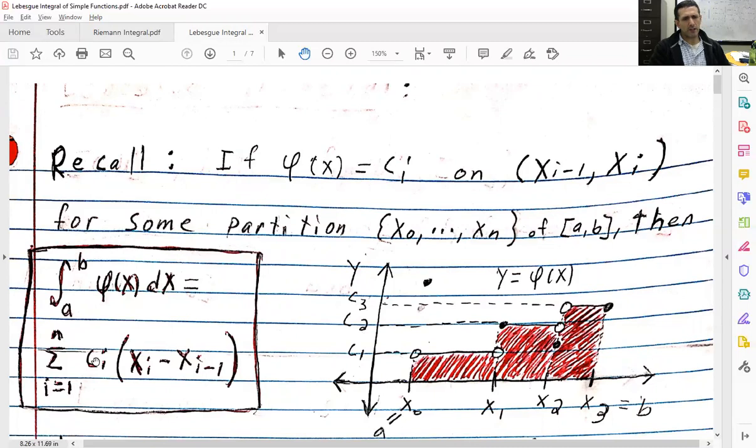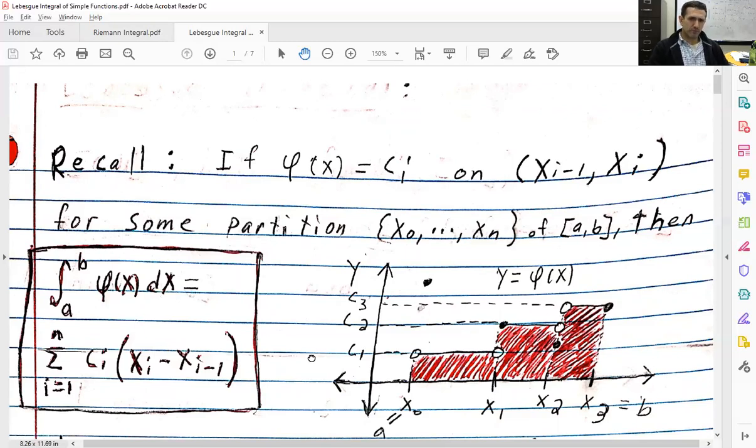So this is the height of my step function on my interval, and this is just the width of the interval. Okay? So when n equals 3, this sum is literally the sum of the 3 red areas under the rectangles. Okay? So this fact here essentially tells us how to define the Lebesgue integral for a